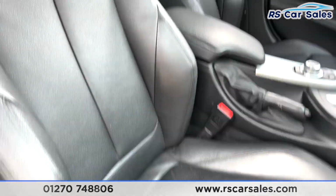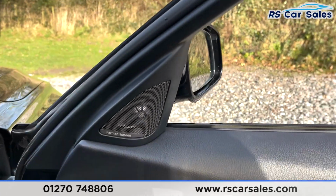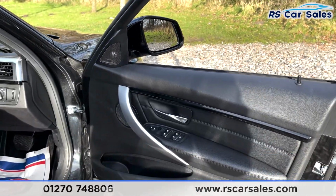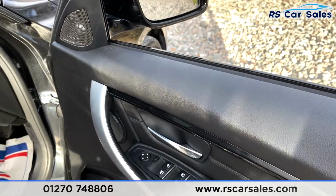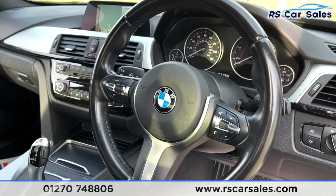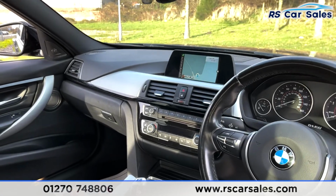Again, how great do these seats look. Now these seats are also heated, and then on the doors you'll notice that Harman Kardon sound system yet again, gloss black trim, electric wing mirror controls with electric window controls just beside, brushed metal handles as well, auto lights on your right just there, multifunctional steering wheel, speed limiter and cruise control, and there is a look at the